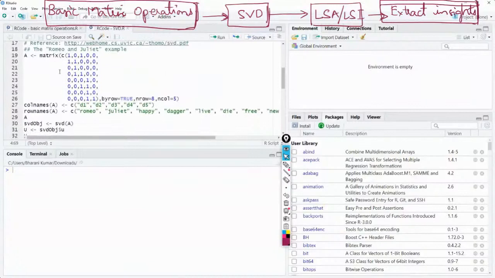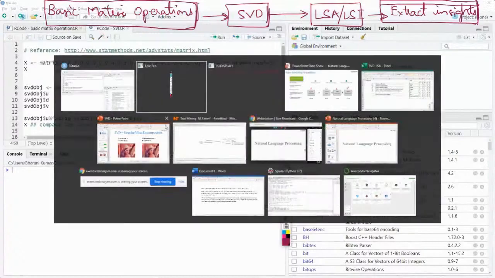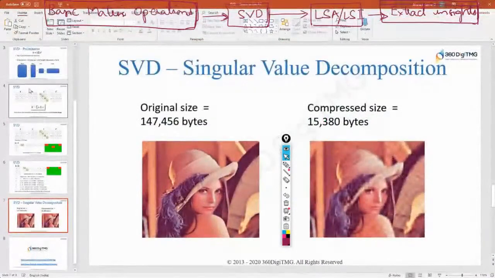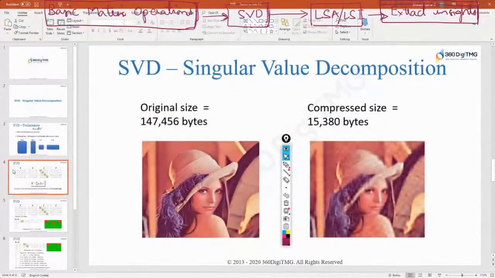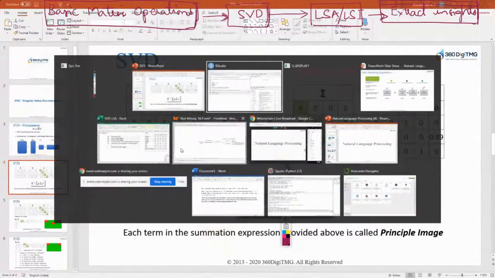Because if you feel that you want to see this, I need to go here. I'm taking all these numbers just to show you that when we decompose, you get U sigma V transpose.